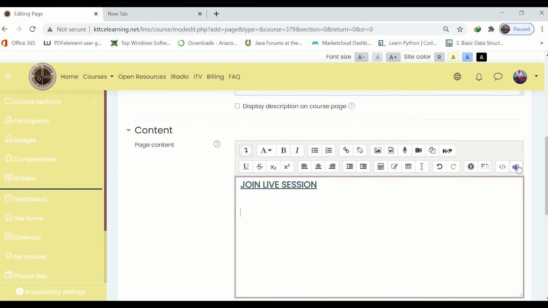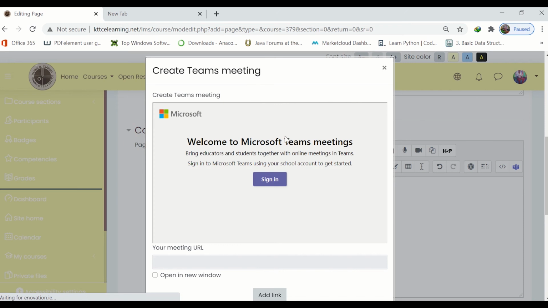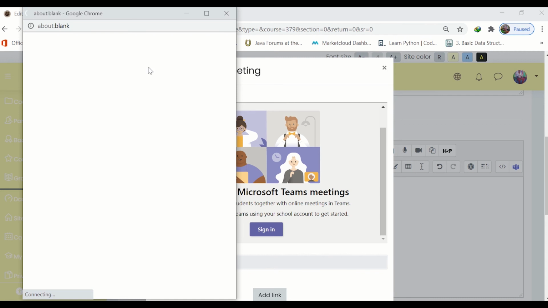So let me go to the Teams button on the far right, and I'll click on it, and it's going to take a moment. The first step is to ask you to sign in, so you must ensure that you went through your signing in process very well and you are sure that your KTTC email works, so you will not have any problems here. For me, I have already signed in, so it will automatically sign me in. So I click sign in, and in a moment I'll be in,